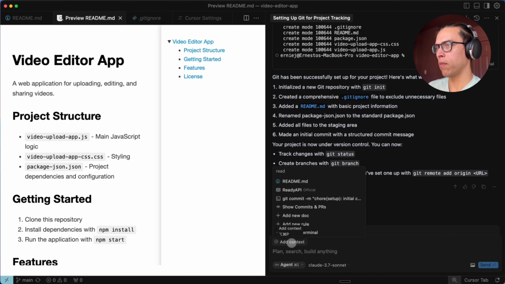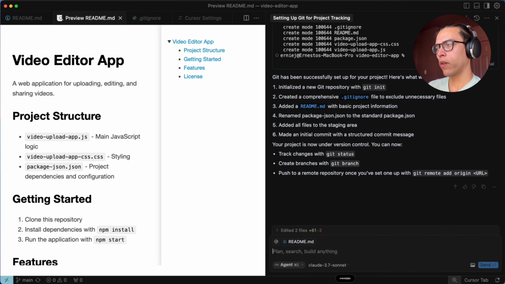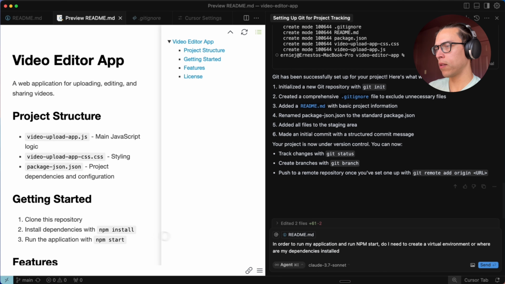I'm going to add context here. I'm going to look at the README and ask it, in order to run my application and run npm start, do I need to create a virtual environment or where are my dependencies installed? Because this will install the dependencies that I have listed inside of my package.json file. But I want to make sure that they're not installed system-wide, because if I install some dependencies for this project and then some other dependencies for a different project and they have different versions of the libraries, then there might